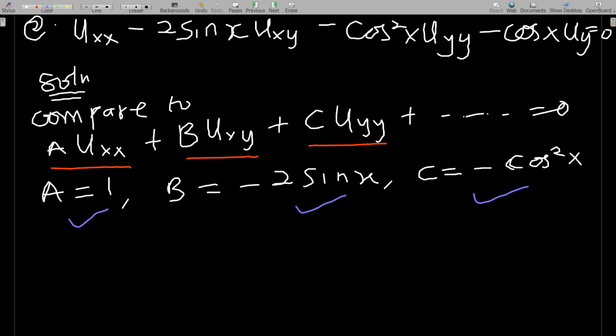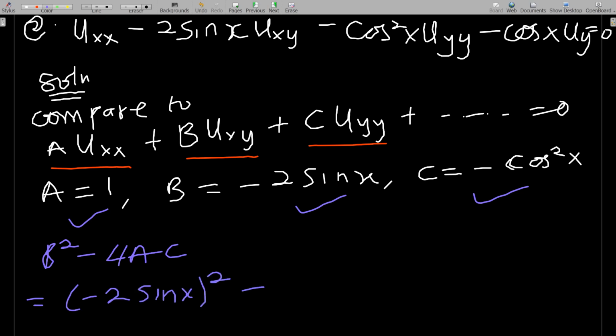So now b squared minus 4ac will give us b, which is minus 2 sin x, so I have to square it, minus 4 into a, which is 1, then into c, which is minus cos squared